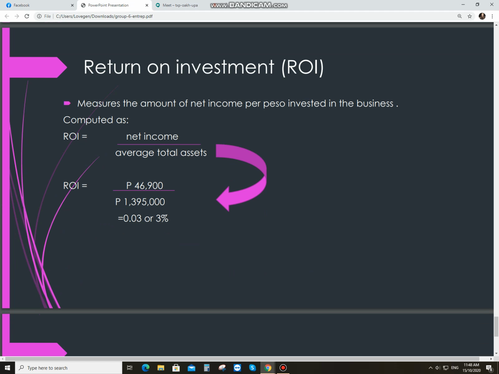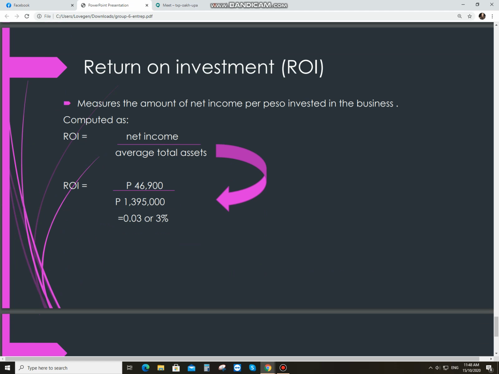Last is the ROI, or the so-called return on investment. ROI measures the amount of net income per peso invested in the business. So return on investment is computed as net income divided by average total assets. So the net income is 46,900 divided by average total assets, which is 1,395,000, is equal to